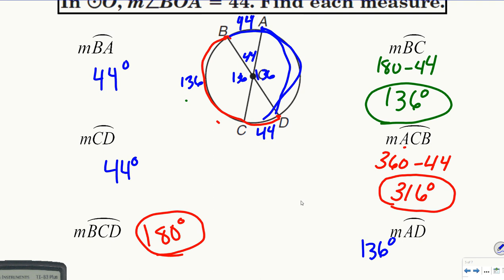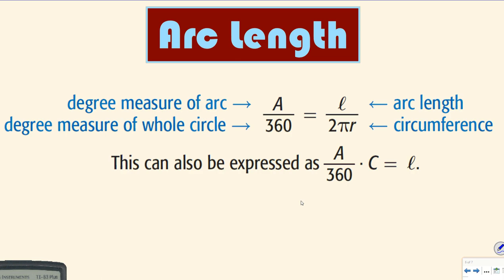So let's talk about arc measures. Our last concept that we're going to talk about here is arc length. So arc length is the actual length of those arcs, not just the degree measure. So there's a couple different ways you can do it. You can set up a proportion, which is the degree measure of the arc that we want to find the length of,